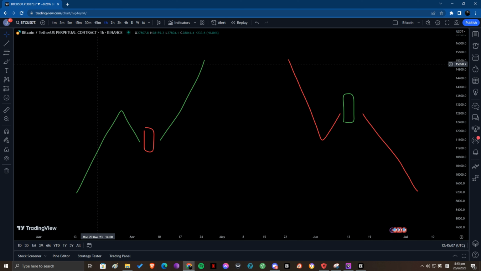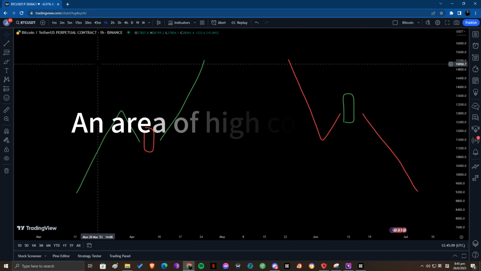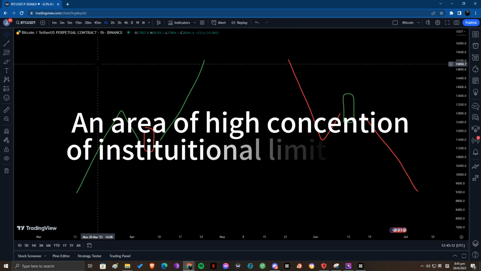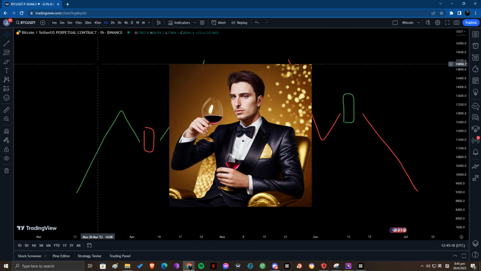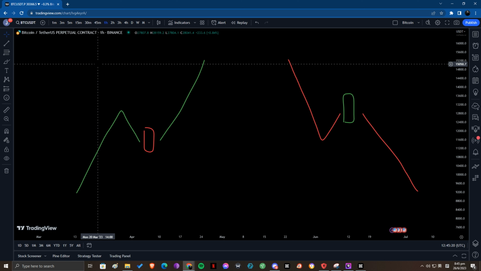Okay, so what are order blocks? It is an area with a high concentration of institutional limit orders. Imagine someone that has a lot of money and they put a lot of limit orders, like you can on Bybit, essentially the same thing, but they're a bit more professional and they place a bunch of limit orders and accumulate them at a specific price point. Because of this high concentration, that area becomes what we call an order block. It's an extremely potent area where price is going to react, perhaps significantly, by deviating and gravitating towards it.